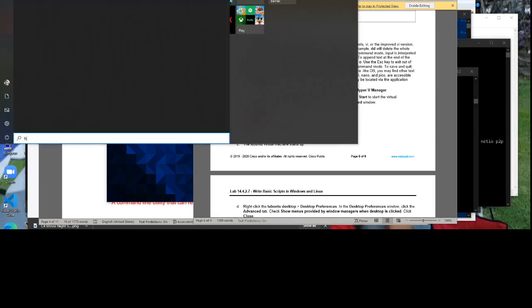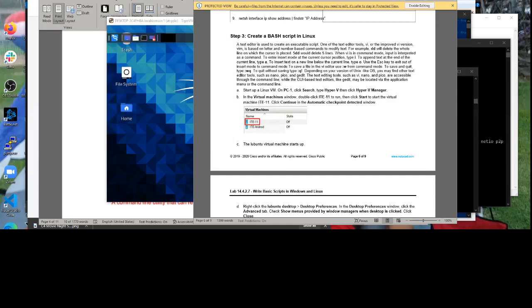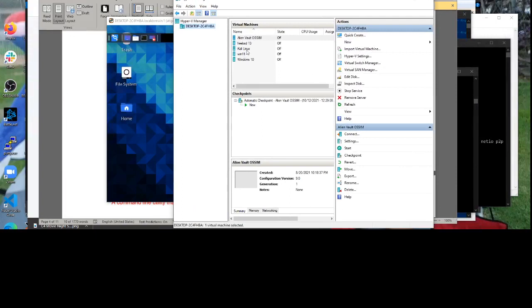In this case, if I pull up Hyper-V, these are the Linux instances that I have installed. There are actually a couple: I have Kali Linux, FreeBSD, and this one's also AlienVault OSSIM, which you'll learn more about in cybersecurity